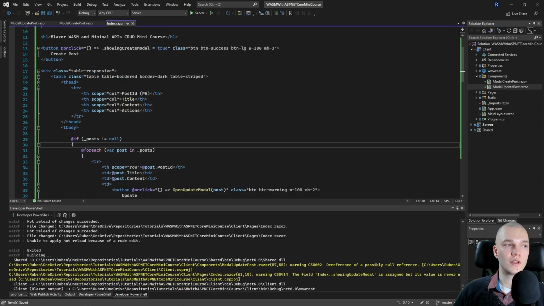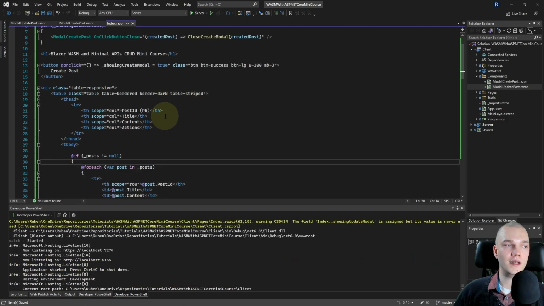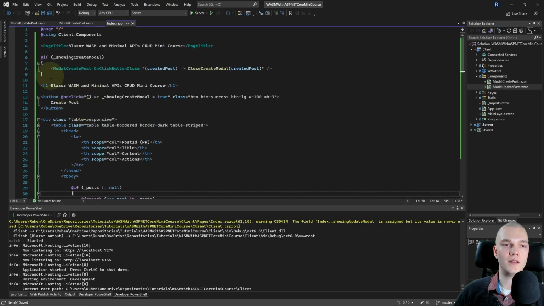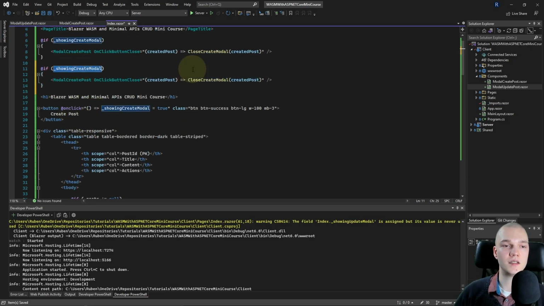Then I'll scroll up a bit more, and I'll copy and paste the showingCreateModal if statement and change it to update.